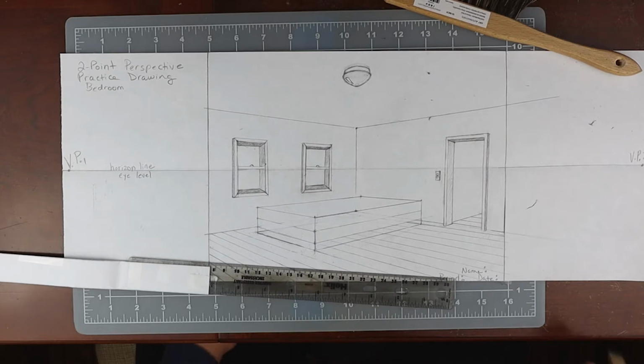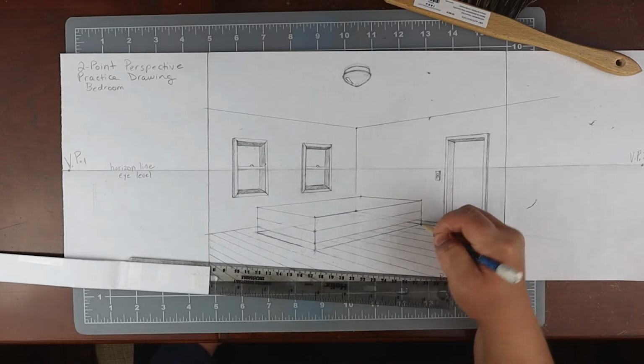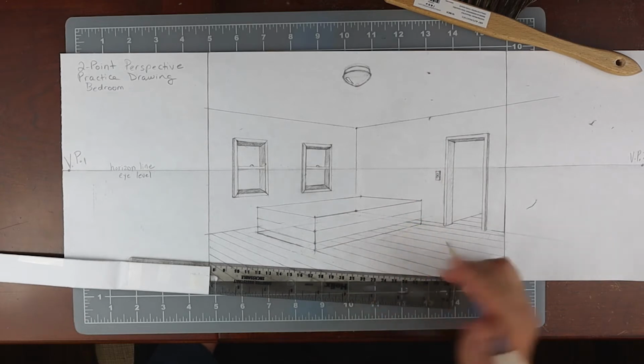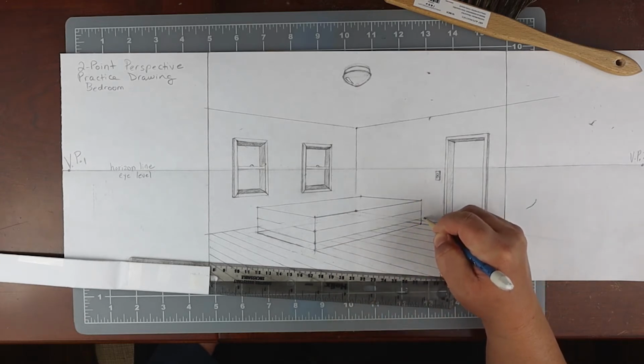Okay. So what we're going to do is I want you to look at this bottom portion right over here. And I want you to draw a line that is